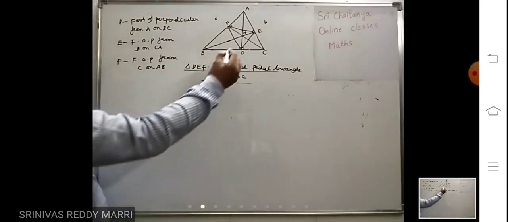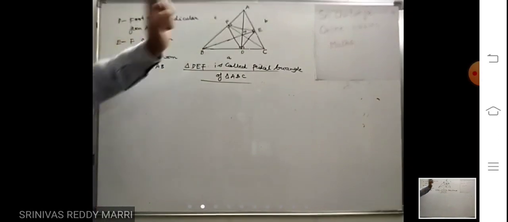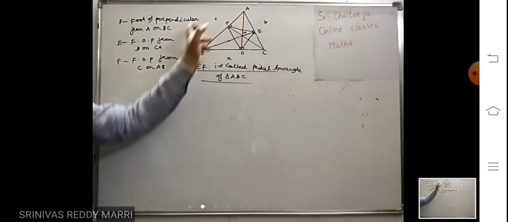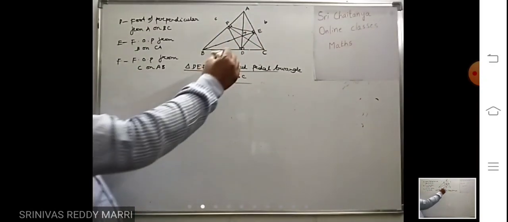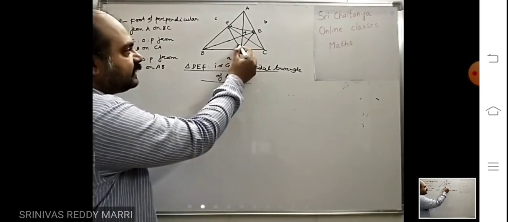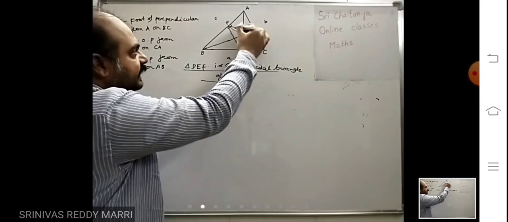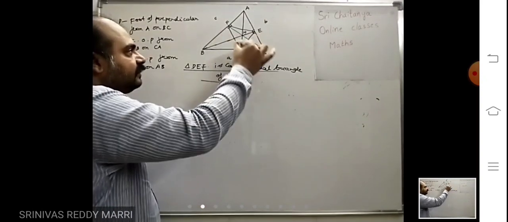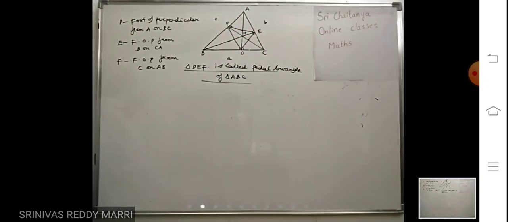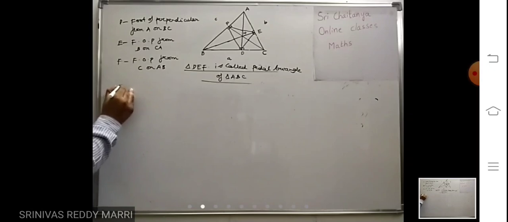Now what I want to do is, I want to find angles of the pedal triangle and sides of the pedal triangle in terms of angles of triangle ABC and sides of triangle ABC. I want to calculate what is this angle. This angle D is here, one angle is there in this triangle. These angles I want to calculate, and these sides DE, EF, DF, I want to calculate. Look at, all of you listen carefully. First point, I will tell the points.